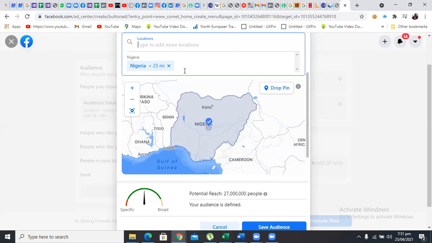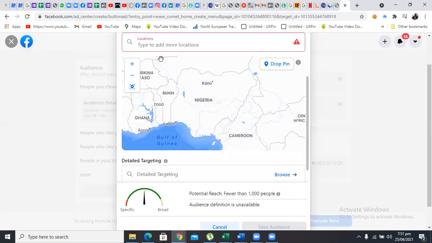So most of them might not want to buy. They will see it, and you would have paid for them seeing it. So it's completely useless for me. I must target people that I actually need. So what I need to do is to clear Nigeria. Where are the places that I want people to see this ad that are close to me? I don't need to be spending too much money. If the delivery fee is, let's say, 1,500 or 3,000 at maximum, most of them may likely be within Lagos. Who can give me names of places in Lagos that are interested in what I am selling? Give me examples of a place in Lagos.